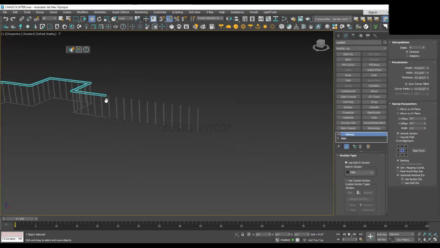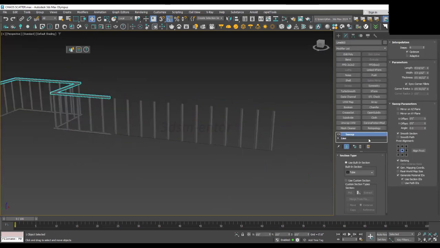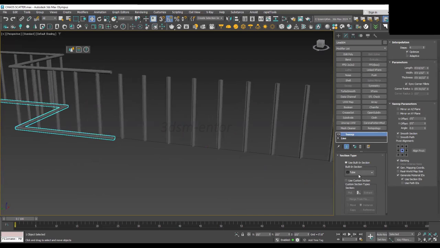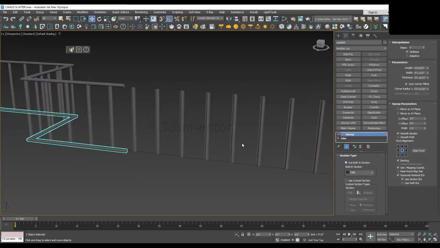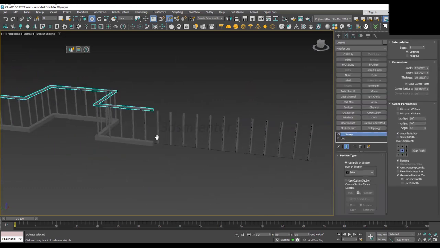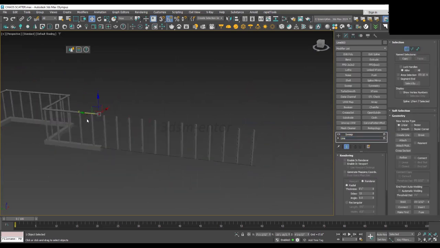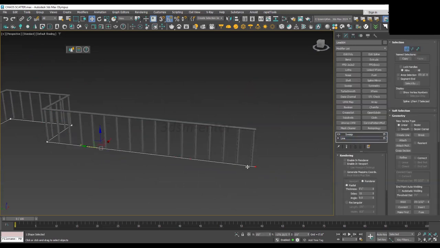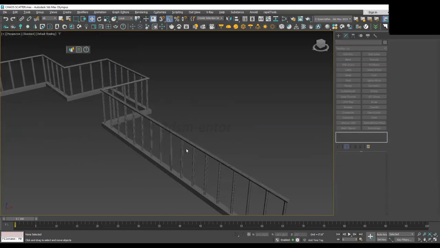And let's just quickly fix our handrail, go under the line. So you can see I've just copied this line at the bottom, and here I have just added the sweep modifier, and the same line I've just instanced it on the top. You can just go with the different section at the bottom and different section at the top, but here you have to make sure that you have edited both